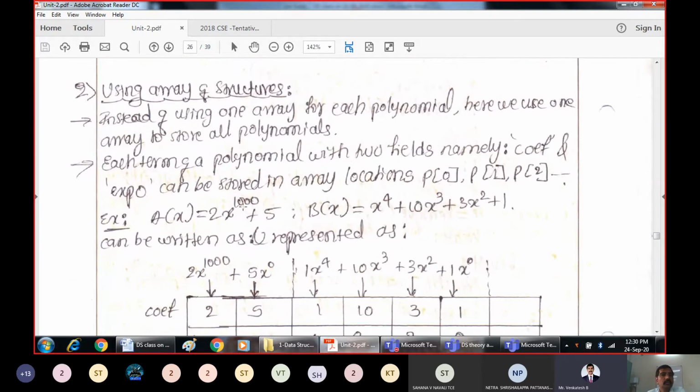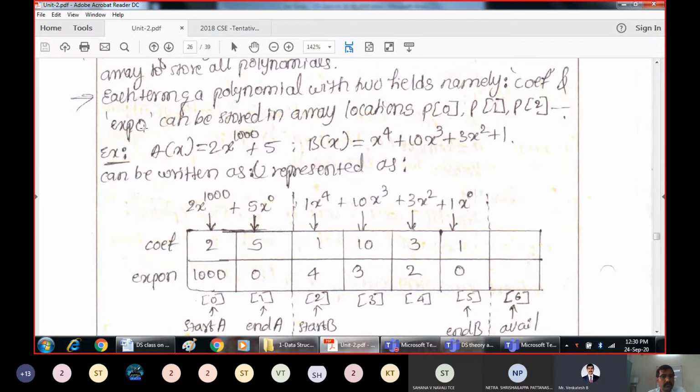In the second approach, we represent the polynomials using an array of structures. Instead of using one array for each polynomial, here we use an array to store all the polynomials.